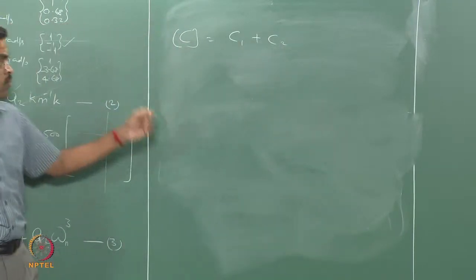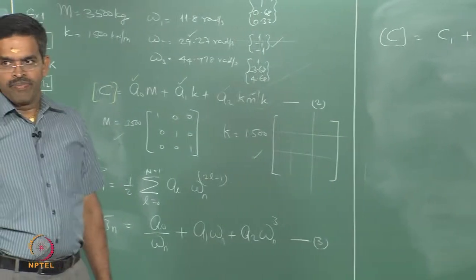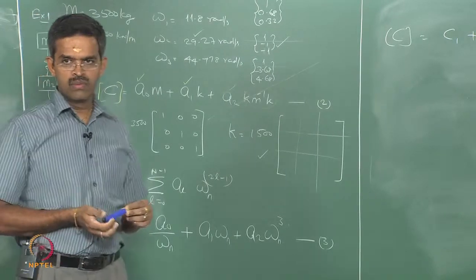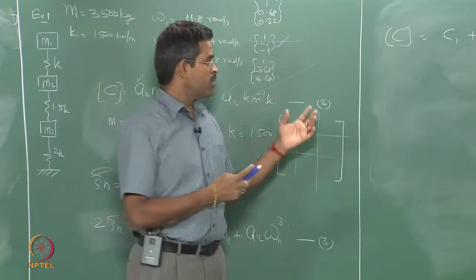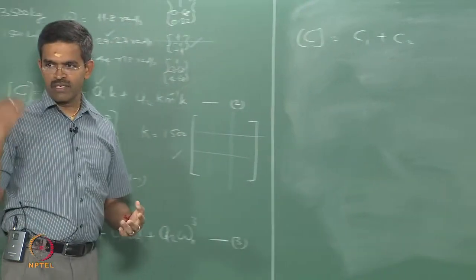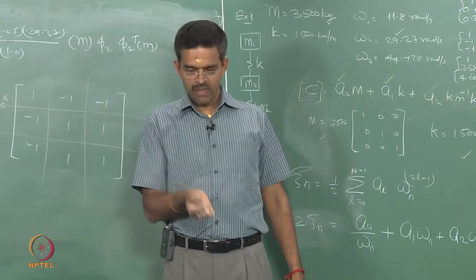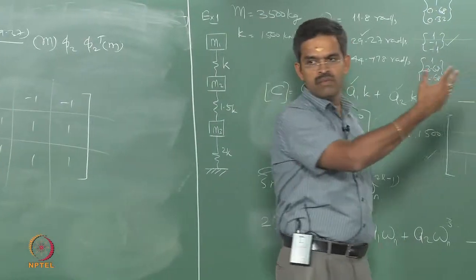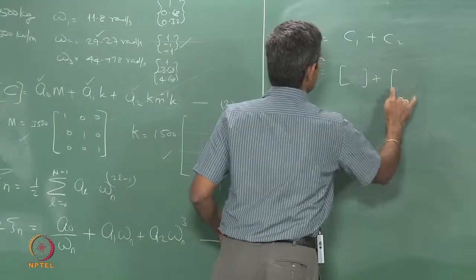Now, can you please answer me why it is C1 plus C2? Yeah, why it is C1 plus C2? Why? The whole method is on superposition here. We are talking only about the addition. That is why we started. It is only a summation. C is summation of this, algebraic sum of n varying from 1 to j, keep on adding them. So, it's simple superposition. So, add C1, add C2, get C.